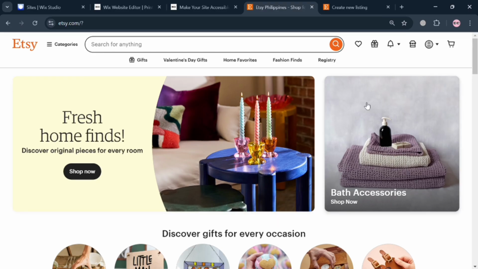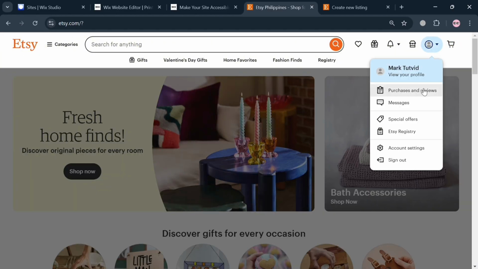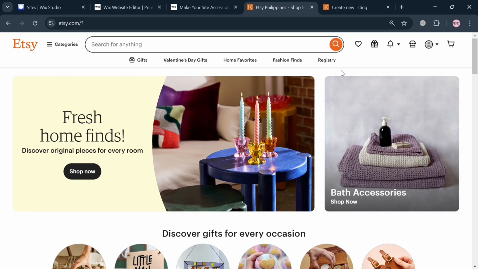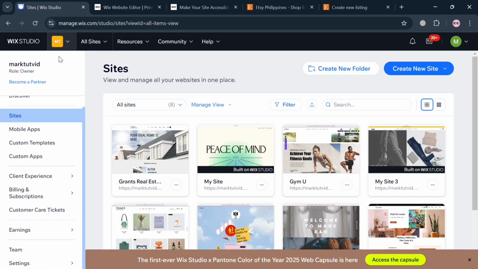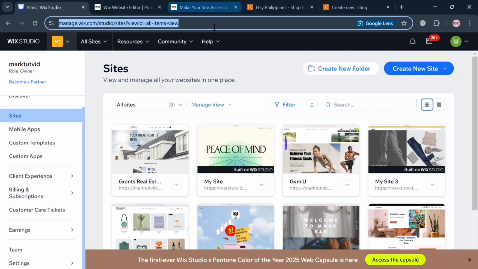And now from here, to start creating an account, you can simply click the link in the description. After signing in, it will show in here that you have successfully signed in to your account. Just proceed by creating your store in here. But if you already have a store on Etsy, to start adding it to our Wix website, from here just go to Wix